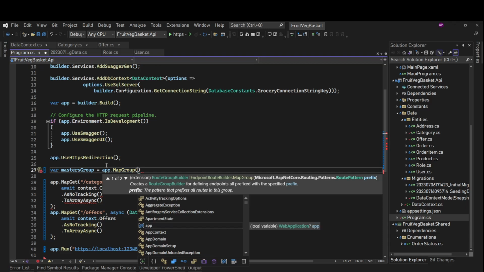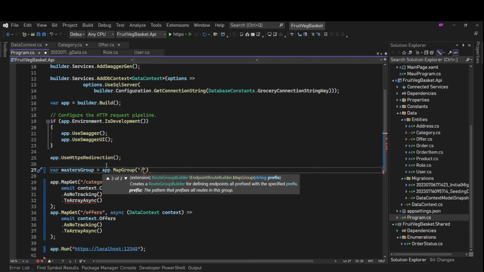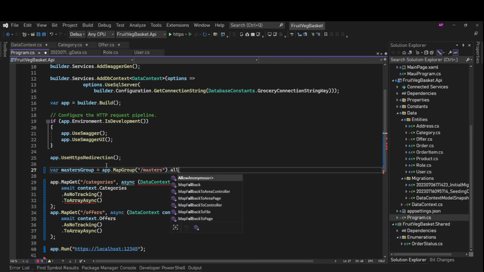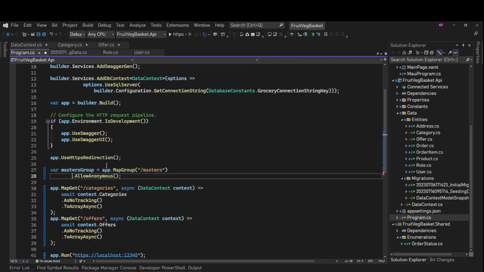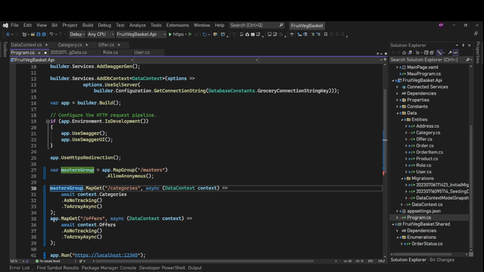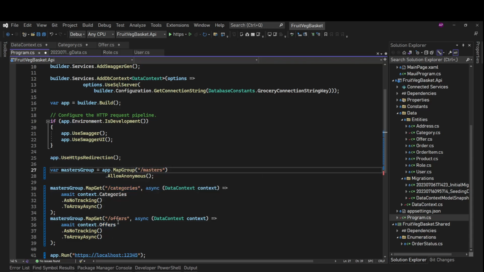This is masters data, which does not depend on user authentication. So we'll have this masters prefix, and then we'll use AllowAnonymous, which is default, but let's have it explicit. So we are allowing anonymous access to this group, and then we'll change this app to this group. So now we have these two endpoints, slash master slash categories, and slash master slash offers.